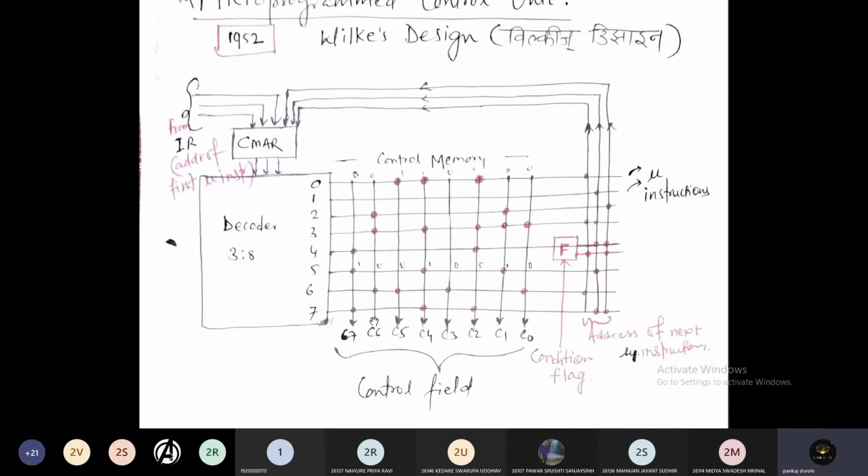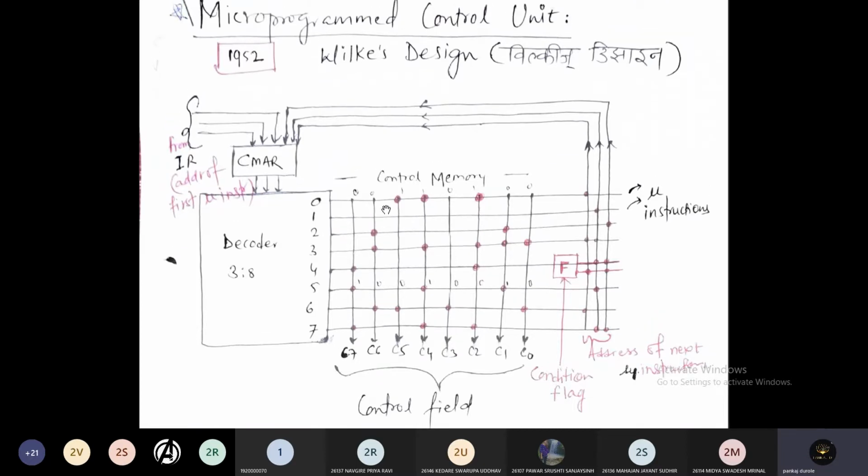looks like a circuit, but this is not a circuit. This is a simple diagram for a microprogrammed control unit, wherein here is the control memory address register, and it is the instruction register from where we are taking the input.